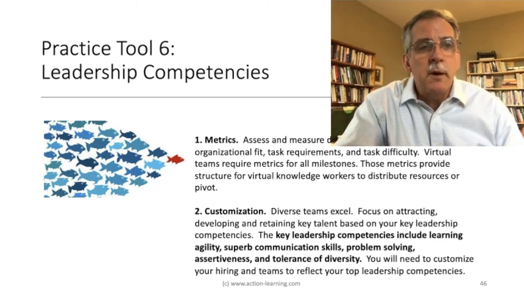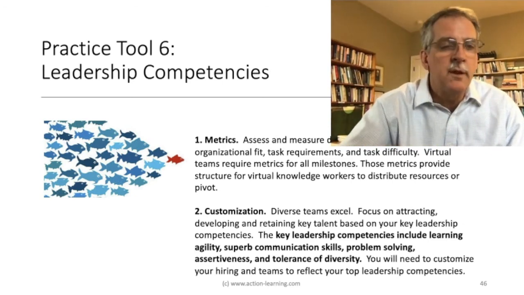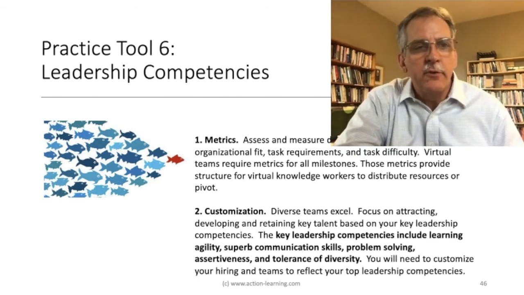So we've just talked about practice tool number 6, or leadership competencies. The last one, number 7, is all about this point of multicultural communication. All right, there's 7 tools. The 6th